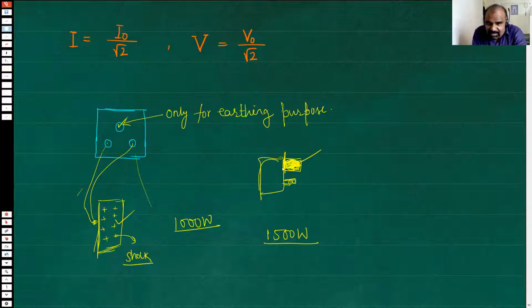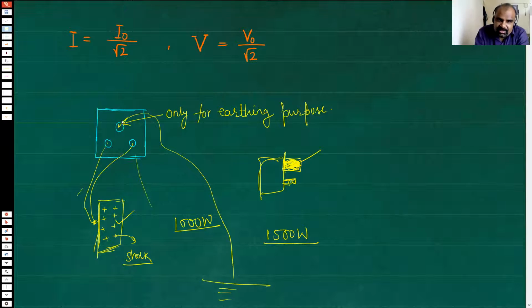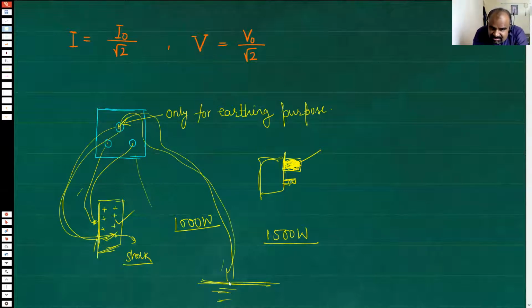So it is only for that purpose that this earthing is used. If you have this plug, actually a wire comes out of it and that wire is inserted inside earth. That wire is grounded to the earth. So if some static charges develop on the body, then this wire will be touching that and it will suck these charges to the ground so that static charges do not get developed. So this is only for earthing purpose and this is really not for the normal working of your electrical appliance. Is that fine?